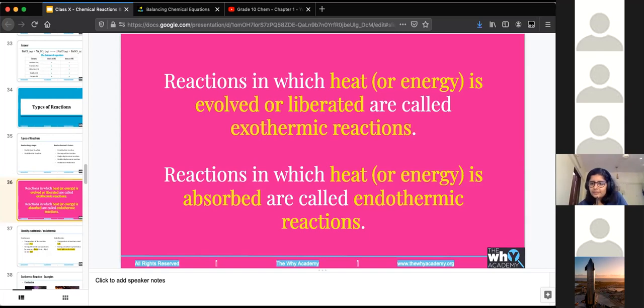Rishita is asking, if something burns in air, then what do we need to write above the arrow? You don't have to write anything above the arrow. We have to add oxygen to the reactants. Burns in air means that what you need to understand from it is that it's reacting with oxygen in air.